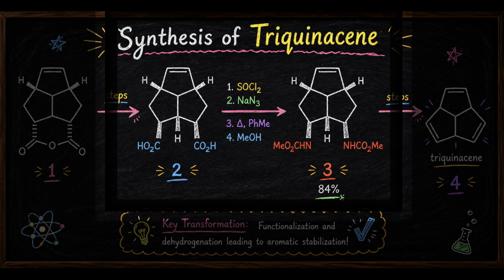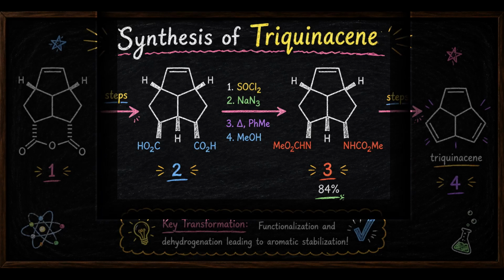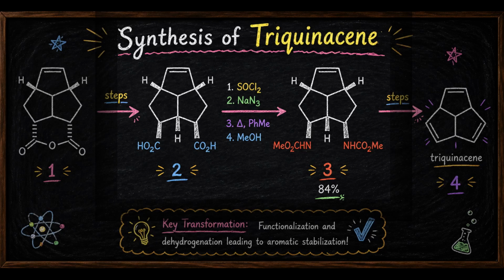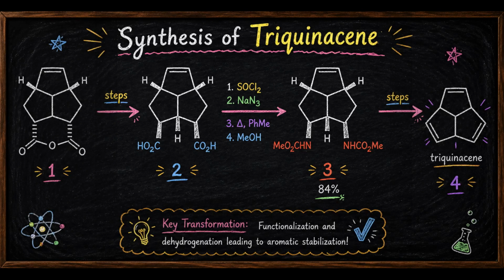Subsequently, the isocyanate reacts with methanol to give a carbamate derivative, as seen in intermediate 3. This step not only introduces nitrogen functionality, but also prepares the molecule for further transformation. Finally, through additional steps, including dehydrogenation, the system achieves aromatic stabilization to form triquinacene. So, overall, the Curtius rearrangement is the key transformation that enables functional group conversion while maintaining structural integrity of the